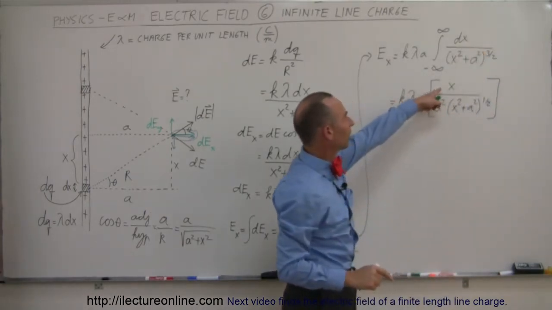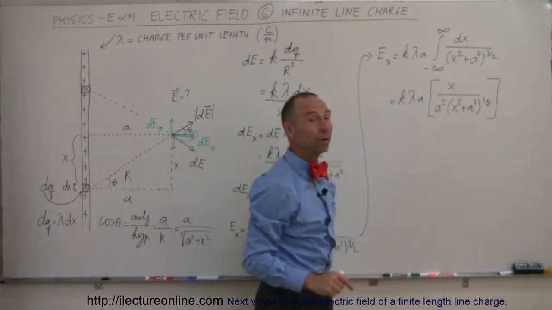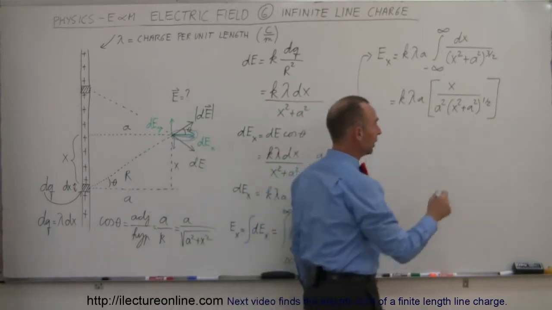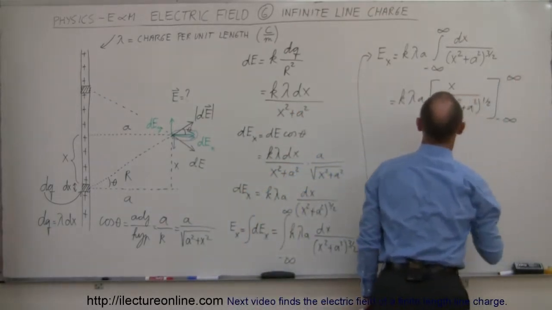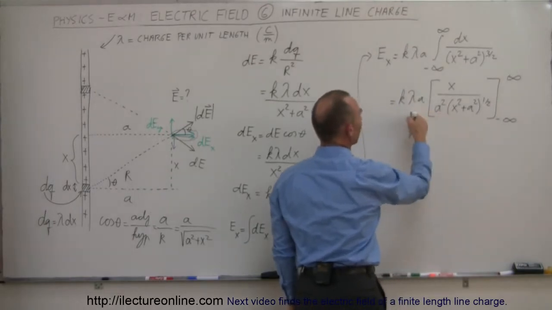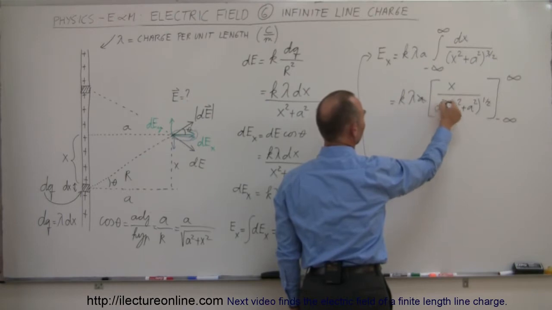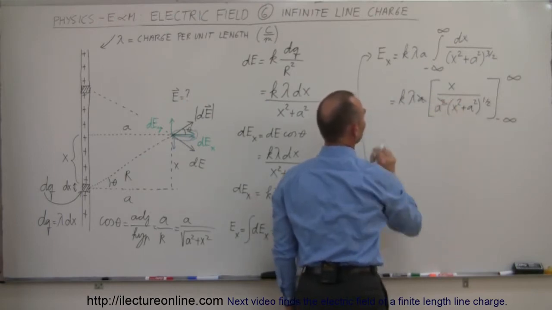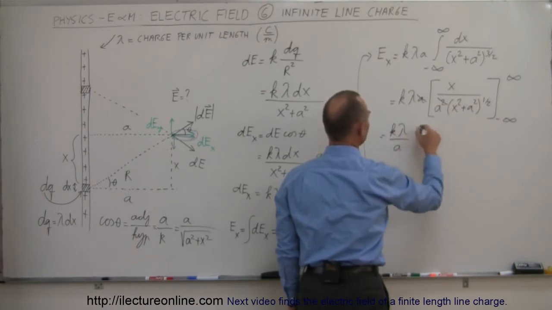So you get the variable x in the numerator, you get this to the 1/2 power, and we have an a squared out here. We're going to then evaluate that from minus infinity all the way to positive infinity. The a squared is a constant that can come out, and that will of course cancel out with this one right here. So this cancels out with that, and then the a comes in the denominator, so this is equal to k lambda divided by a times